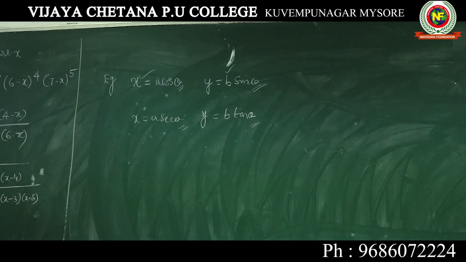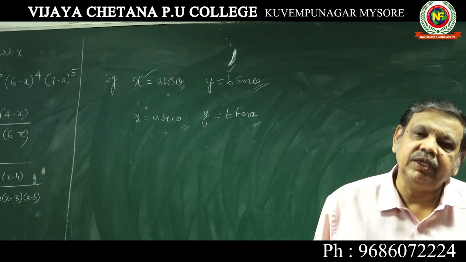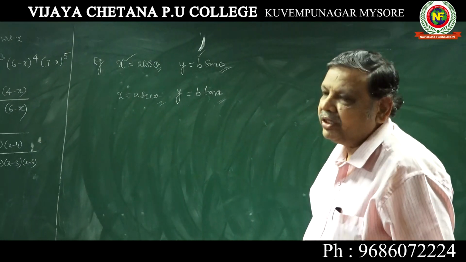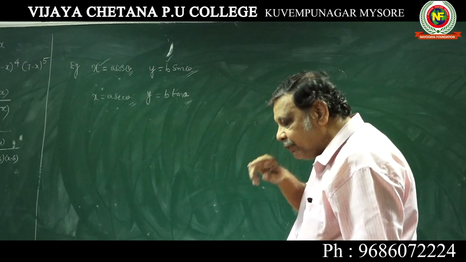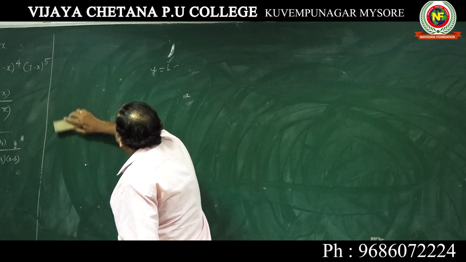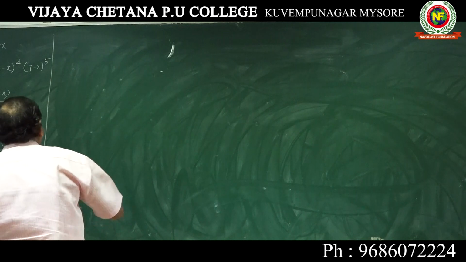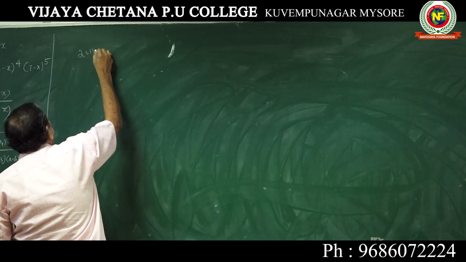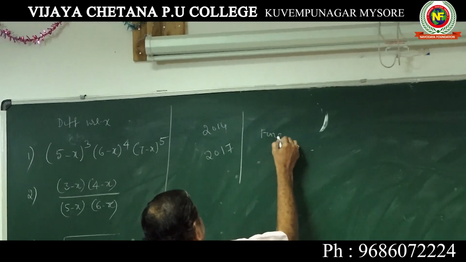In calculus, identification of the function is very important, whether it is an explicit function, an implicit function, or a parametric function. That is the difference. So first thing is you should identify the function and then you should start differentiating such functions. Now we shall take how to differentiate the parametric function. A very important problem, often asked question. I think in 2014 they have asked, 2017 also they have asked. Find dy by dx.